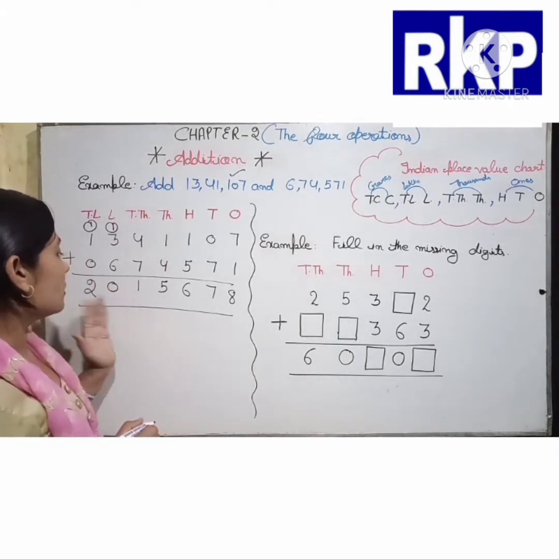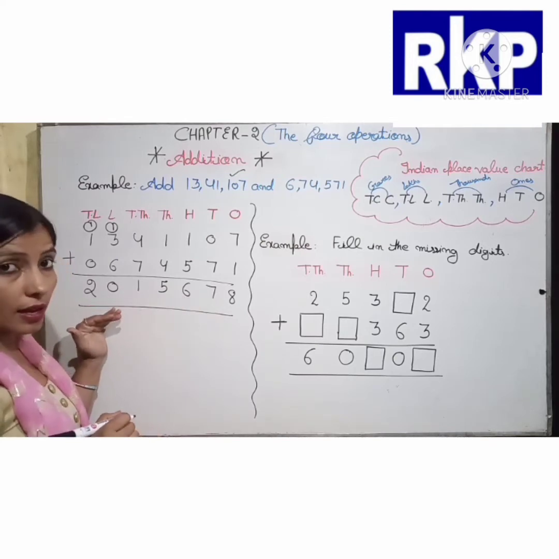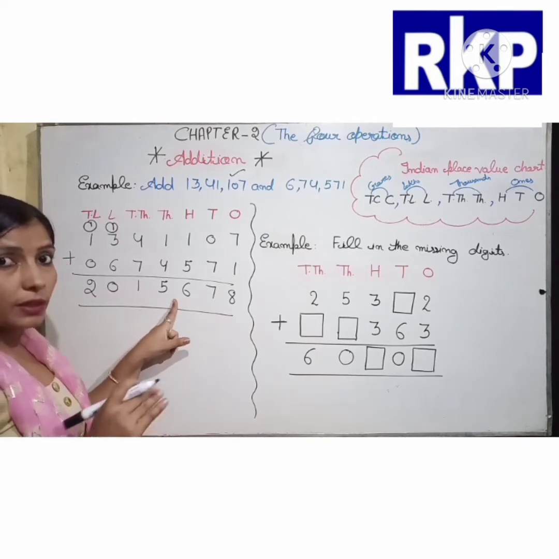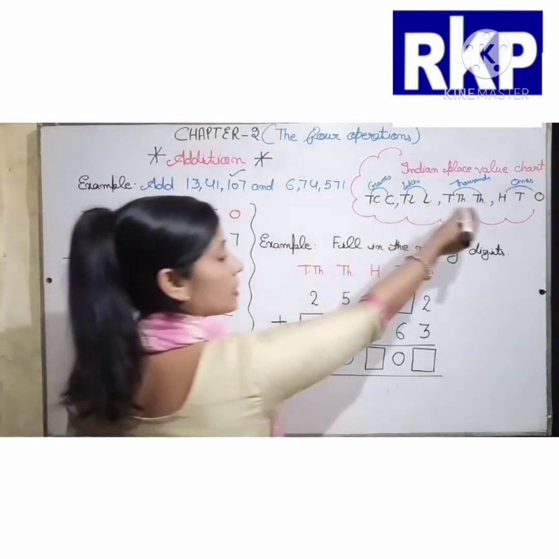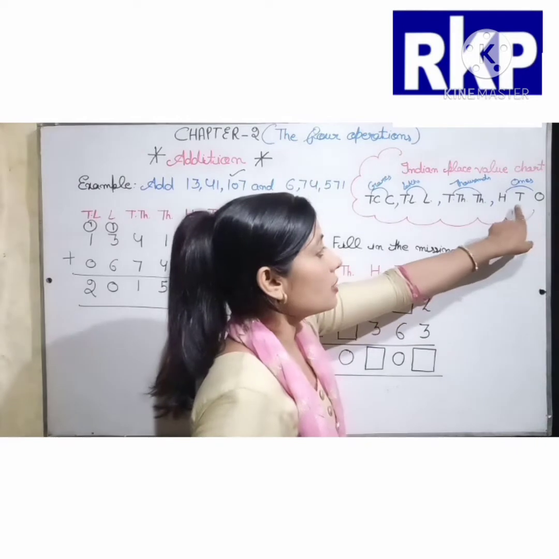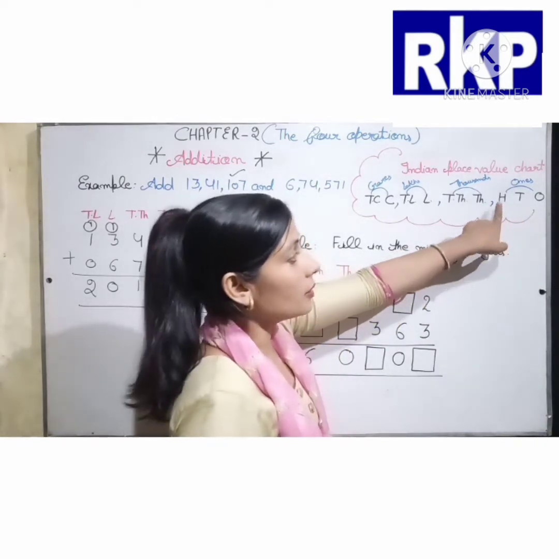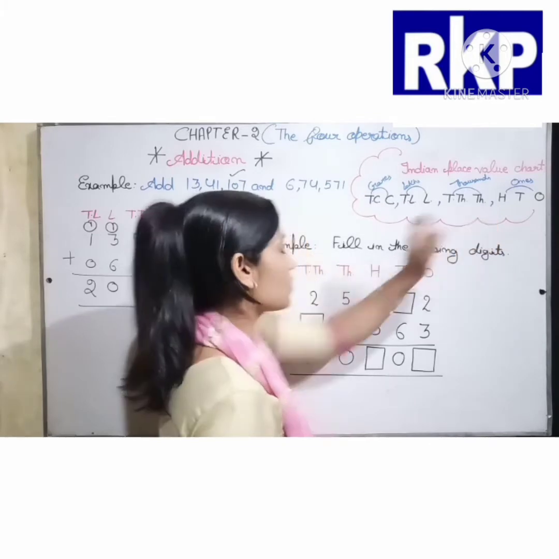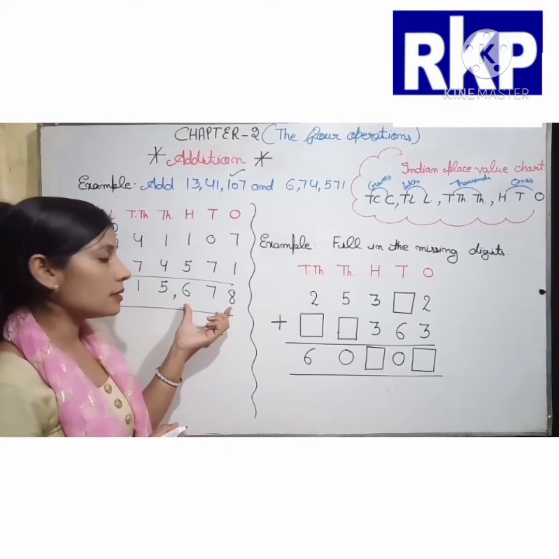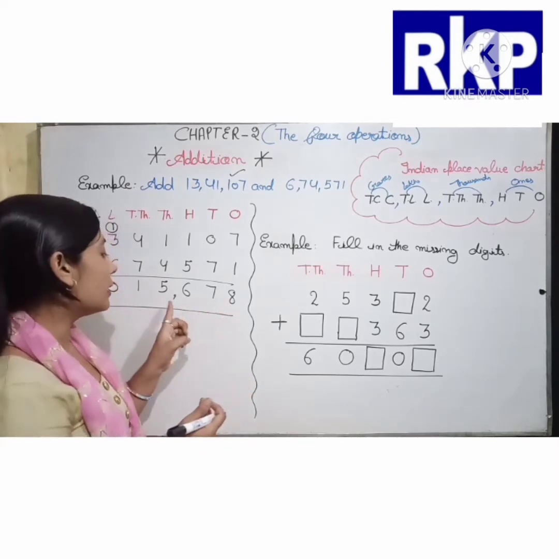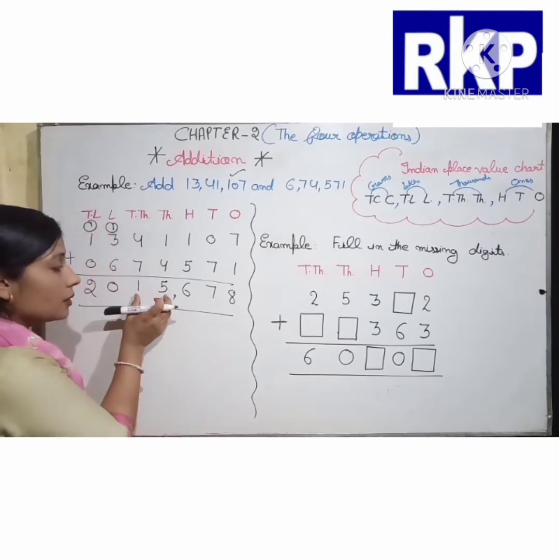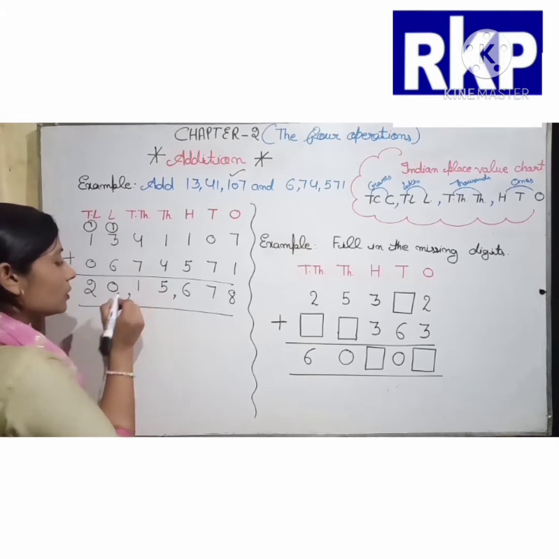Now this number is our answer. So what is this number, beta? Here we have to put commas also. But how, beta? You know already. Here you can see after ones period, means ones, tens, hundreds, after the hundreds place we have to put the first comma. So we have to leave 3 digits from the right side, and then put the first comma. Then after 2 digits, means after the thousands period, we have to put the next comma.